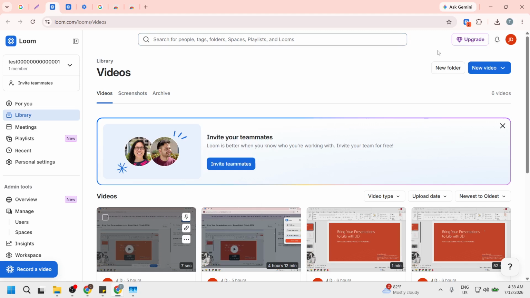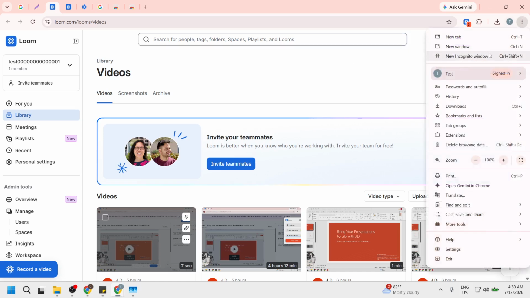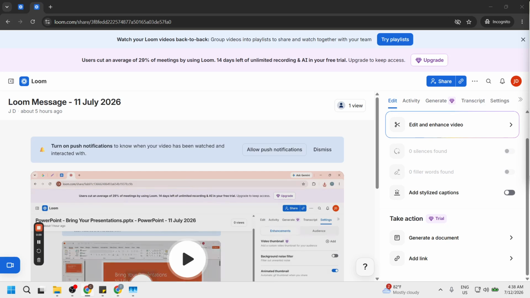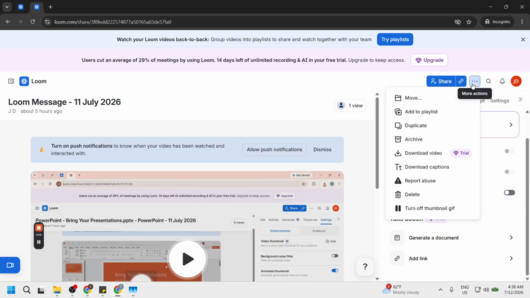After checking your plan, an alternative step is to open an incognito or private window in your browser. This mode allows you to browse without the influence of cached data or cookies. Once in this window, log into your Loom web dashboard again. Try clicking the download button or starting a recording. If it works in this mode, it indicates that the issue may be with your main browser settings. This step is crucial as it isolates the problem, making it easier to identify the cause.